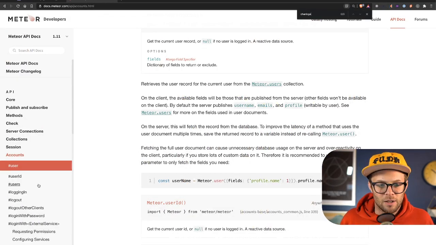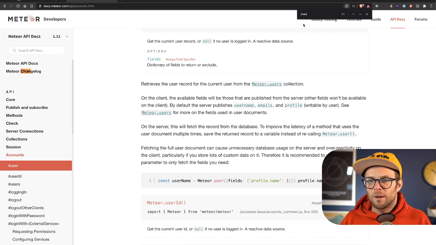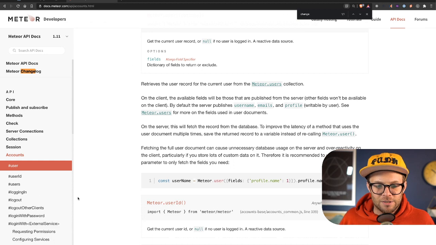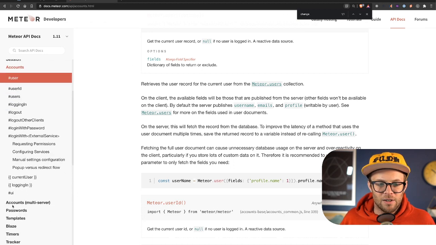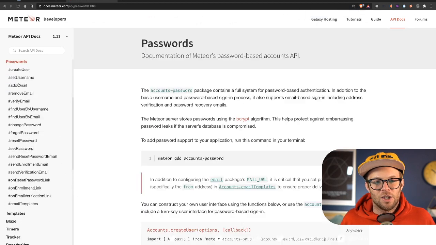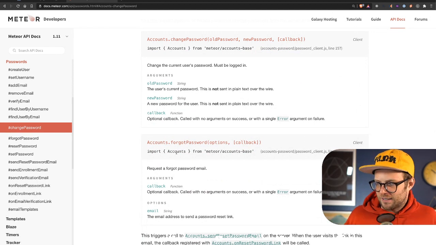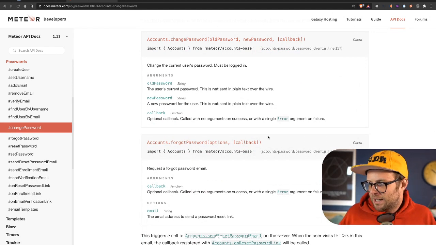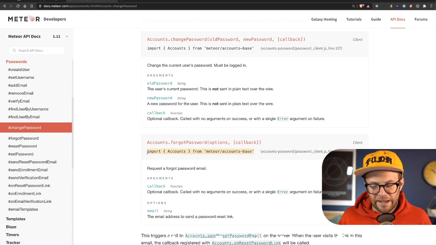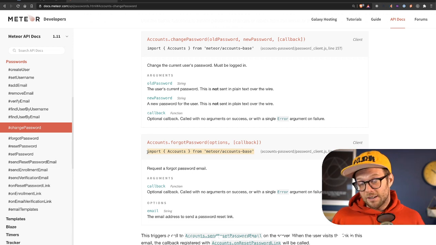You got to type correctly to get that to work. Oh yeah, where is this accounts password? Change password. And so the cool thing about Meteor docs is ever since they moved it to TypeScript, they gave you this neat little thing. Because back in the days of Meteor, when the site was originally built, like way back in the days,